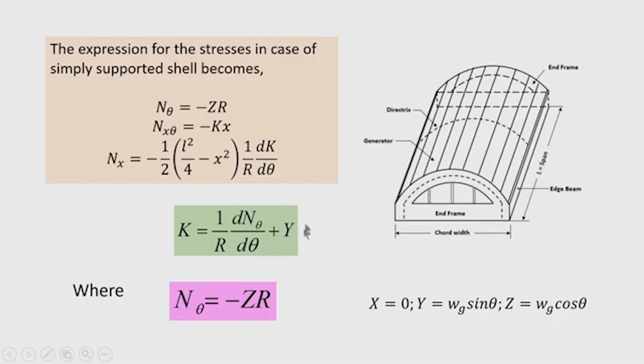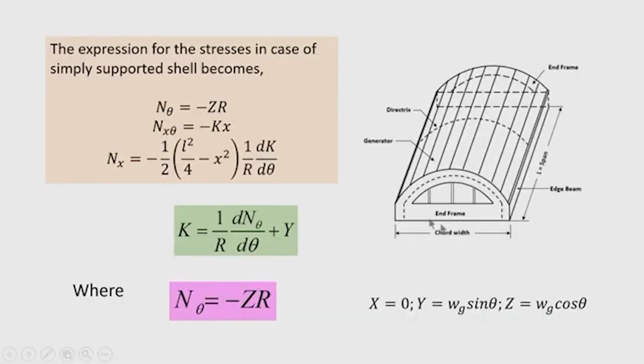So, with the help of this equation we can obtain the membrane stresses for cylindrical shell if the ends are simply supported. Ends are supported on transverse,